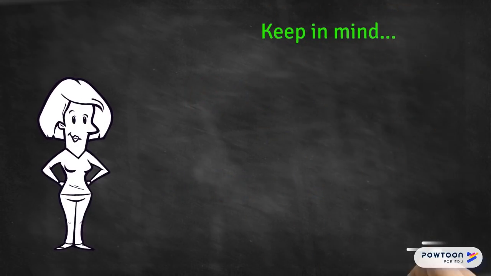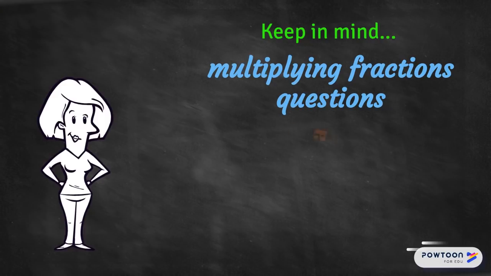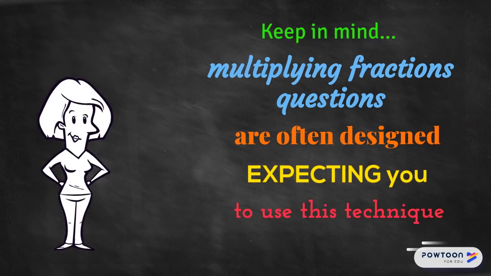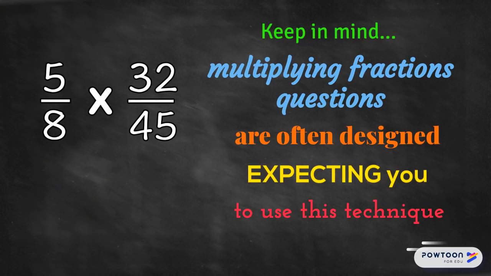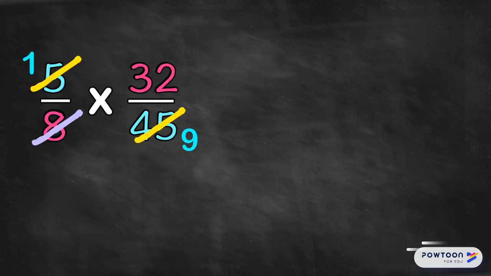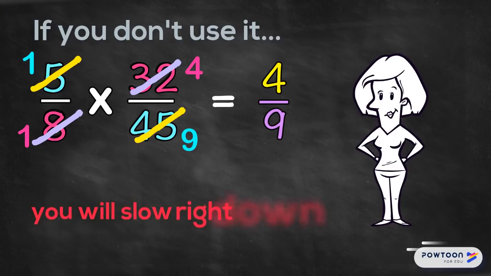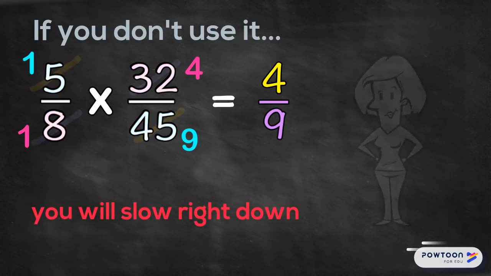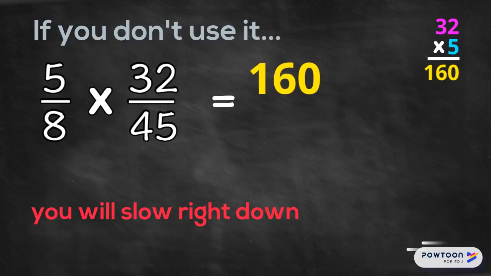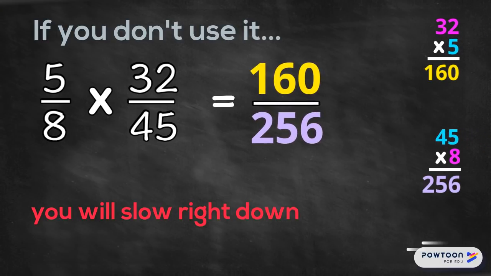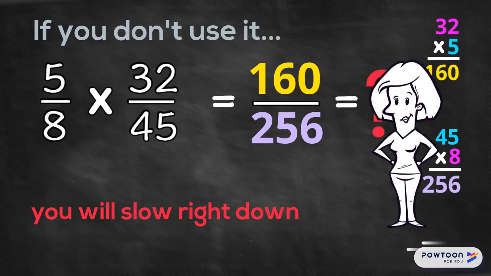Keep in mind when you're doing these problems that multiplying fractions questions are often designed expecting you to use this technique. We look for a multiples link in a numerator and a denominator. We reduce as far as we can. Then we multiply out. But if you don't use it, you will slow right down, as you can see from this problem. Imagine multiplying that one out and then having to reduce it at the end. No thanks, I'll take the